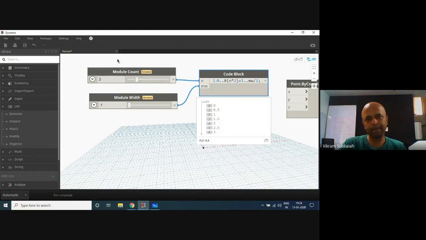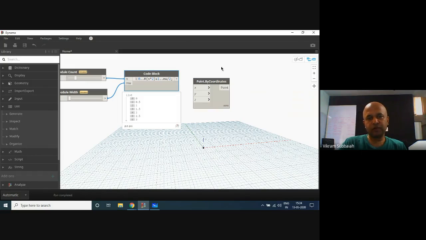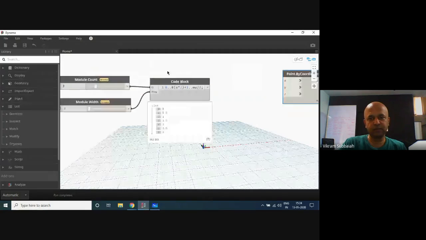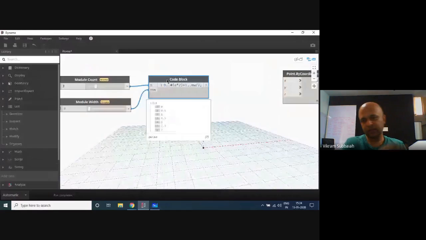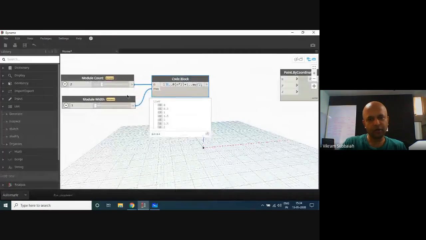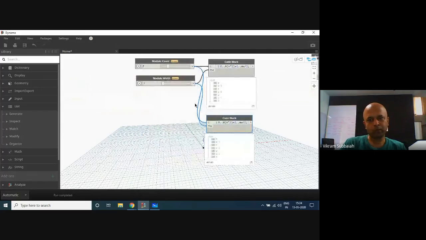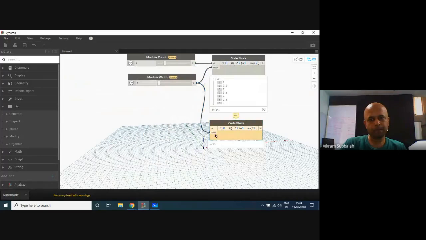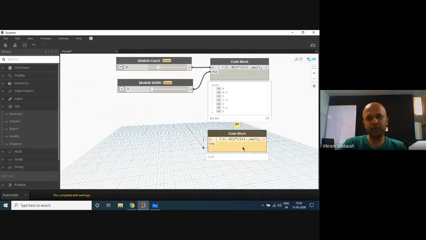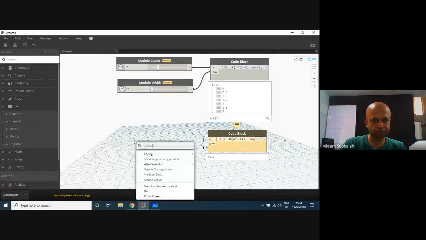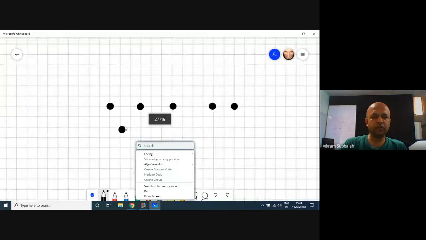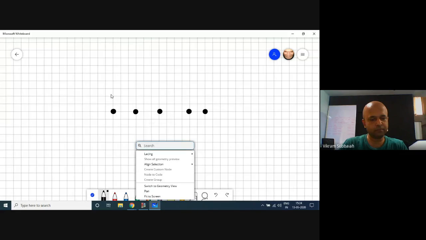So we got this for, let's say, one direction, that is in the horizontal direction. Let's say these are the points. Now in the vertical direction, what would you want it to be? Now module height, what will it be? Get back to this. Now the module height, we want this here.